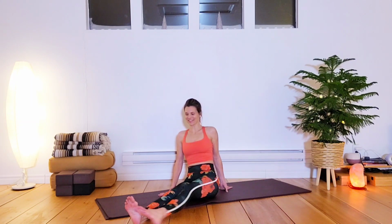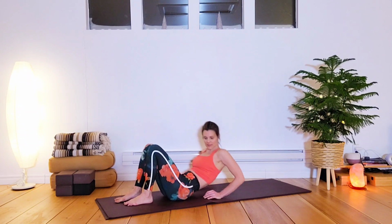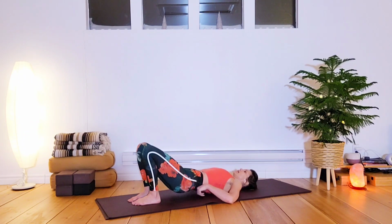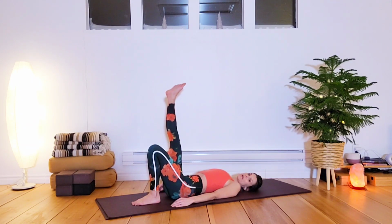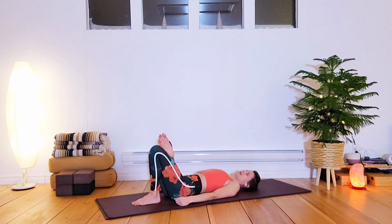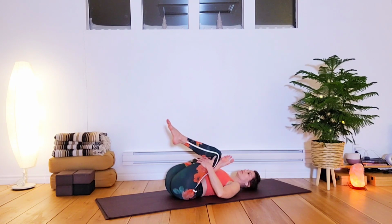So bringing the feet together, let's go down to the mat. Almost finished our practice. Lying back, let's stretch out the glutes and the backs of the thighs a little bit. So raising the right leg up, cross the outside edge of your right foot across your left thigh. Grab onto the back of your left thigh, pull it in